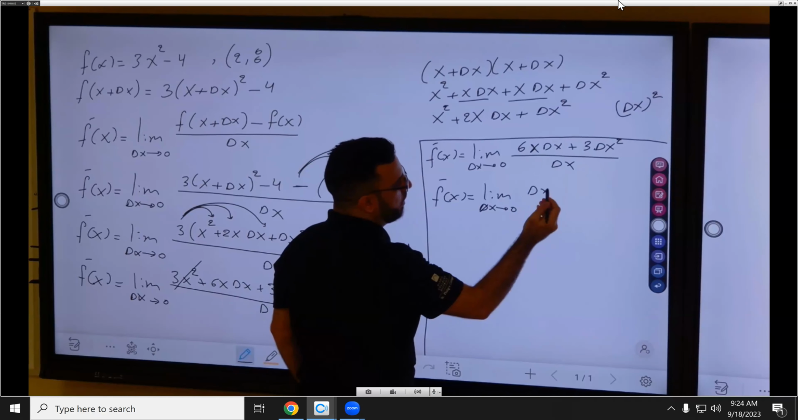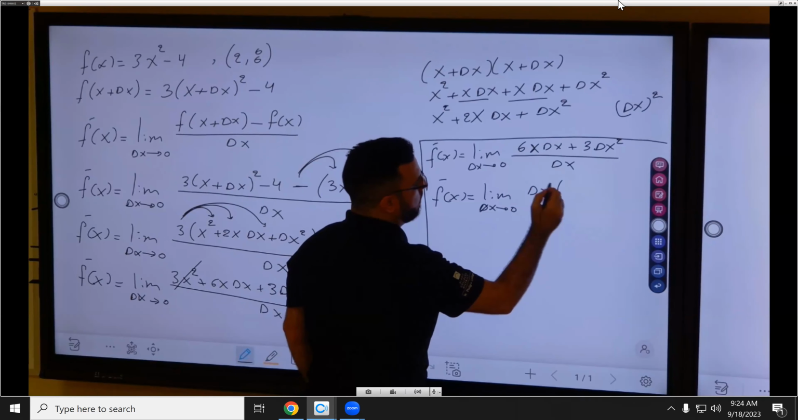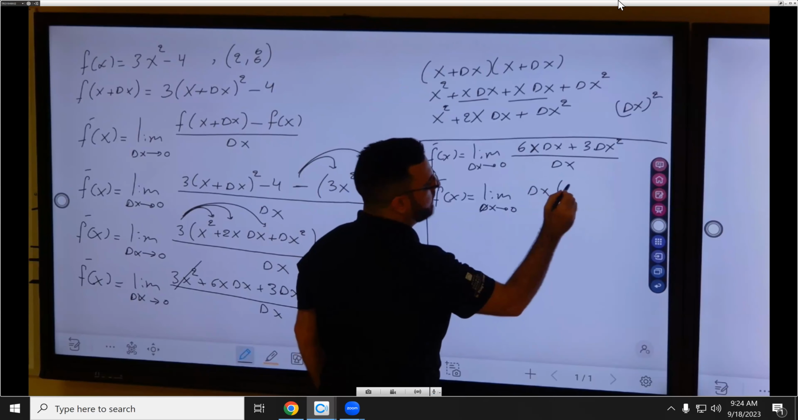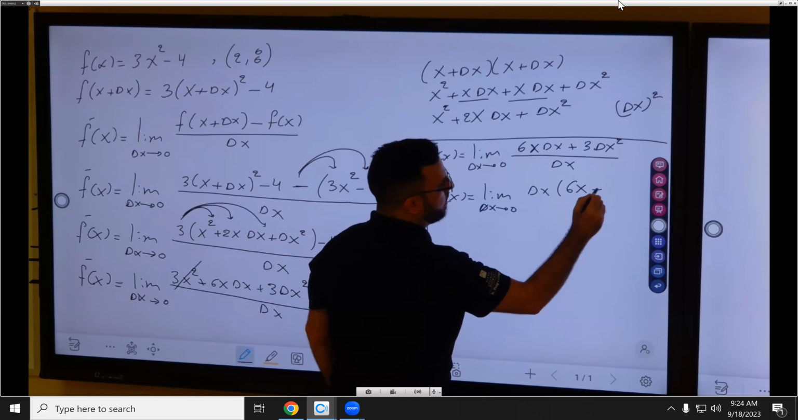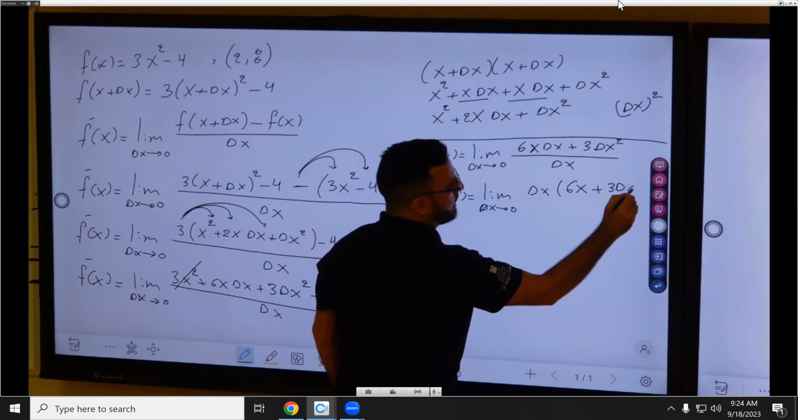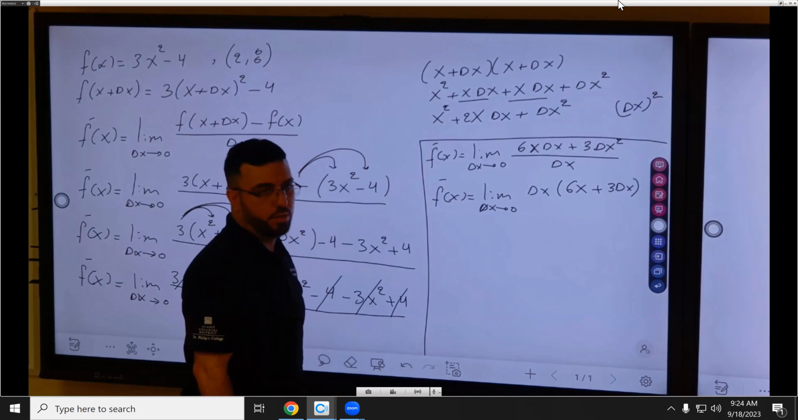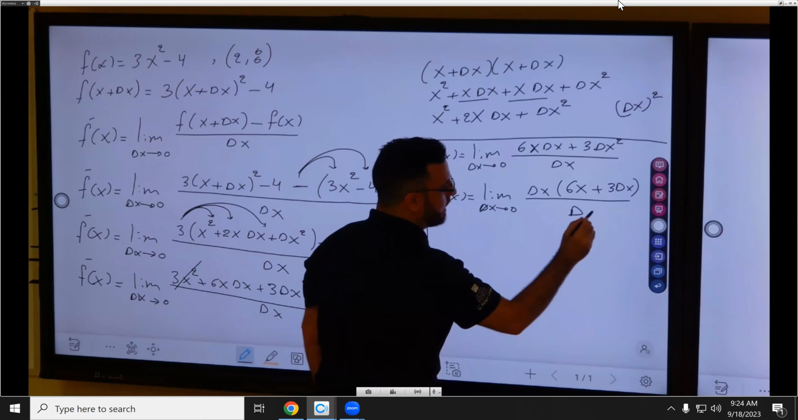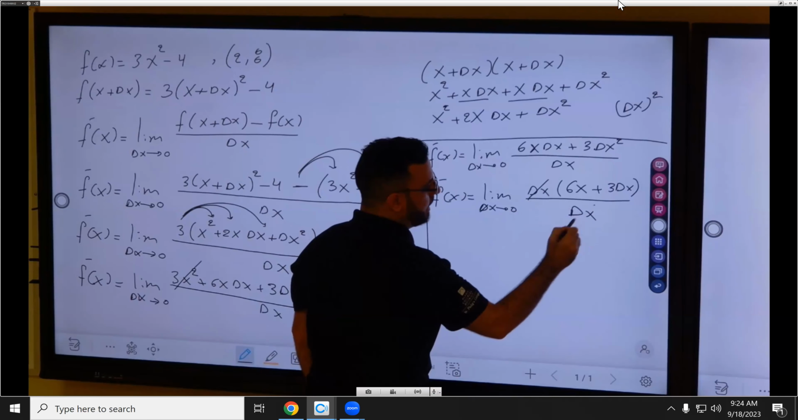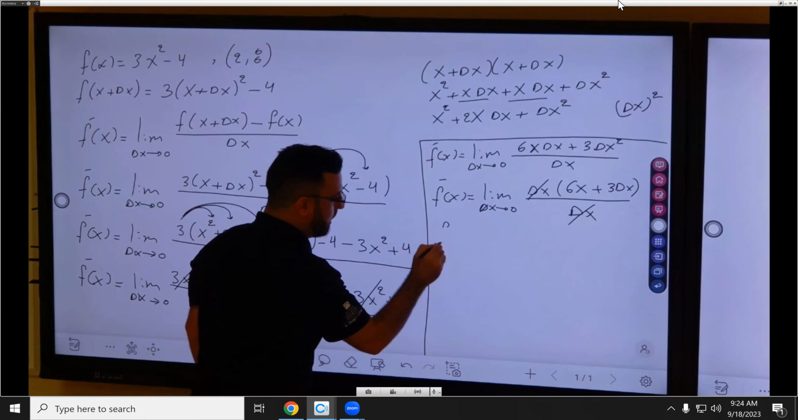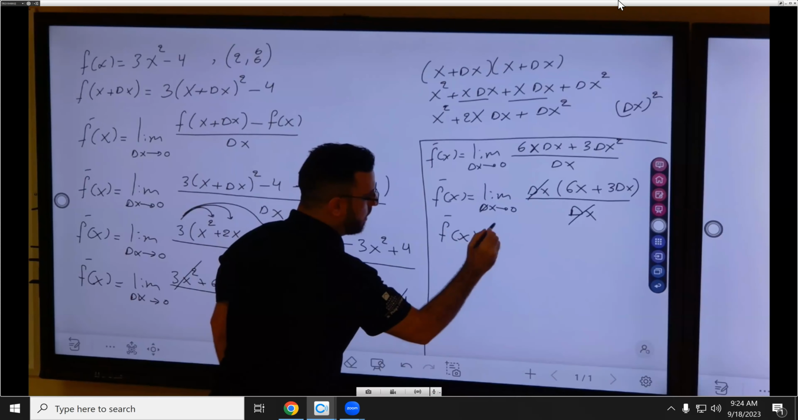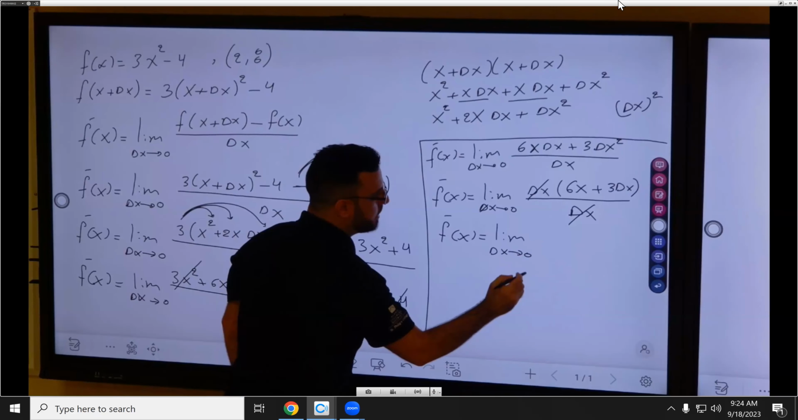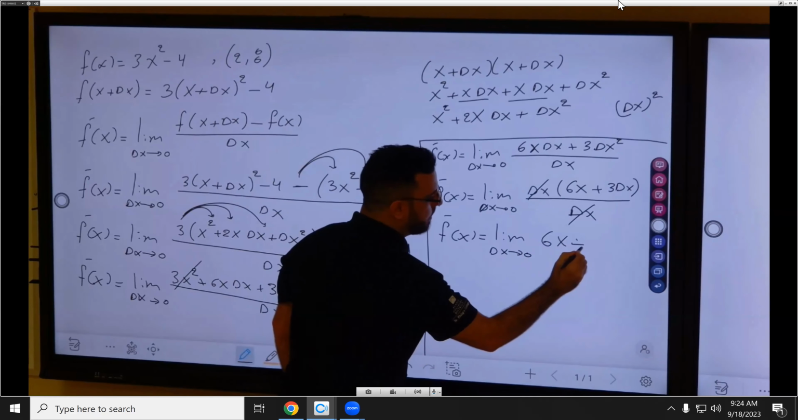You can take the 3 also. But then our goal is to cancel the delta x. So delta x, the left here is going to be 6x plus 3 delta x. Divide by delta x. Cancel these. Our slope is going to be the limit as delta x approaches 0 of 6x plus